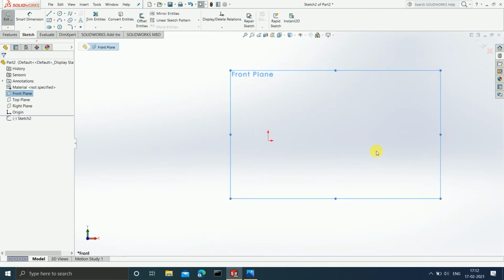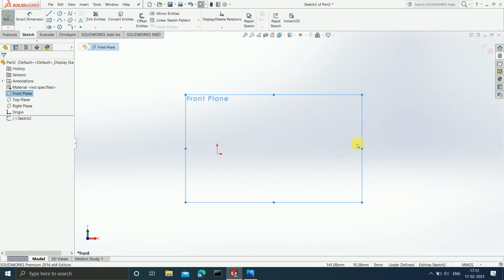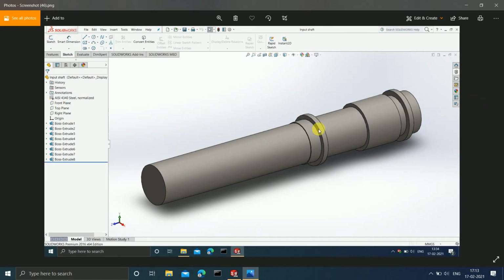Now how are you going to construct that shaft? Some people might have already understood how I am going to make it, but for those who have not understood, watch this video carefully, because these next few minutes will be very helpful for you all when you are going to make use of the revolve boss base command. So in the next 2 minutes you will understand the complete use of the revolve boss base command. So for that, have a look at the shaft.